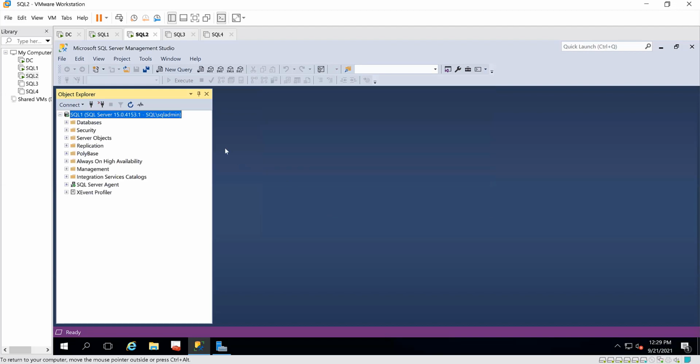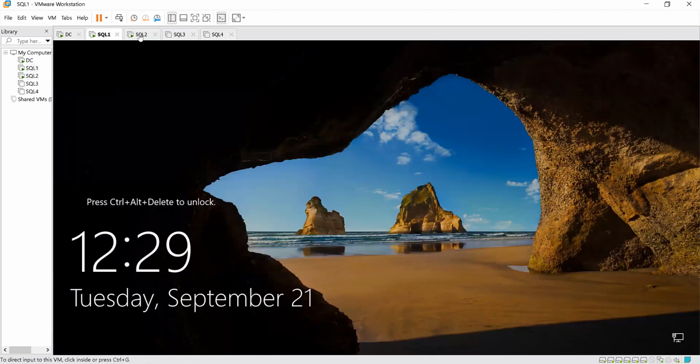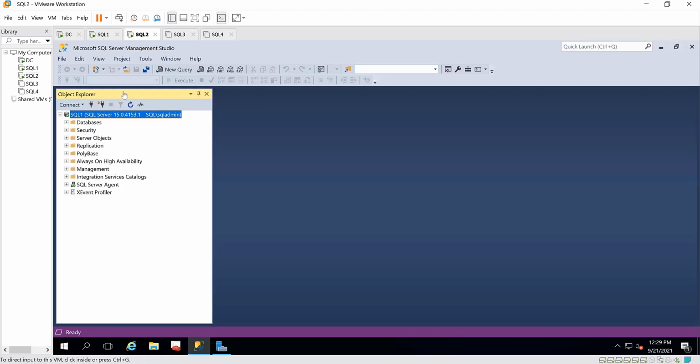Once connected, the first thing we'll see is the Object Explorer. I want you to know that you can move this around. I'm just going to show you that over here. You can move this around and then you can pin it over here. On the top left over here, you see this new query. When you click on it,